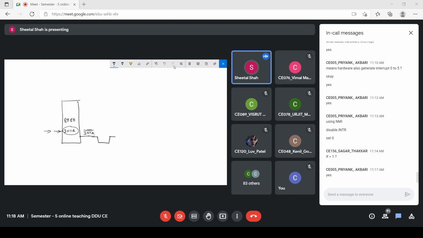When it sends the interrupt acknowledgement, the first time it sends this low signal, it is making the IO device ready to send the type number. Once it sends the low signal, it makes the IO device ready, and after a certain instant of time, it sends a low signal again. When the second low signal is received by the IO device, it sends the type number.